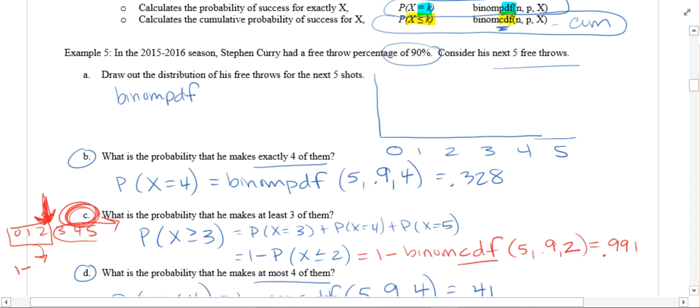And I'm actually going to do this in the list. The only bummer is you guys can't see what I'm doing in the calculator. But I want to calculate binomial PDF over and over again. So you don't have to do it in the list, but it's basically